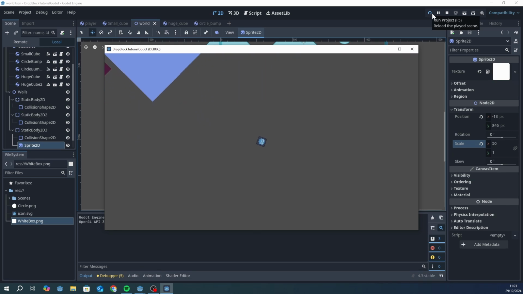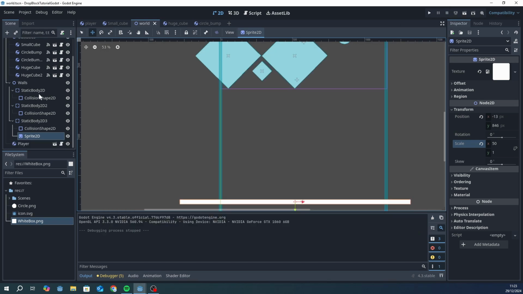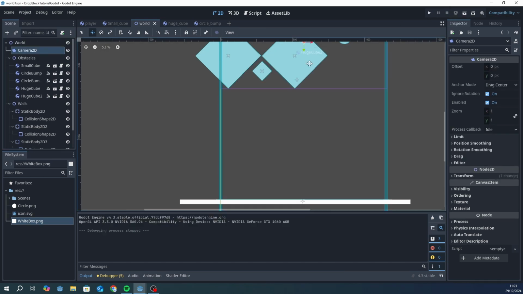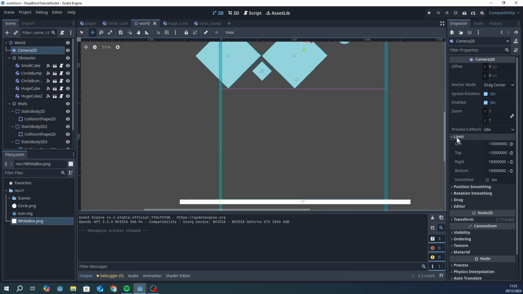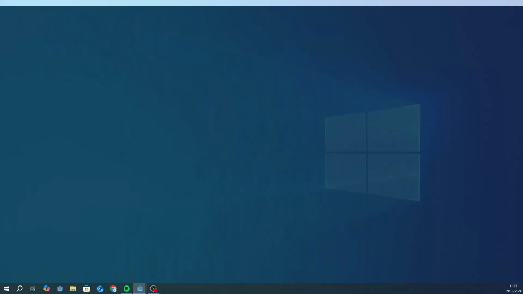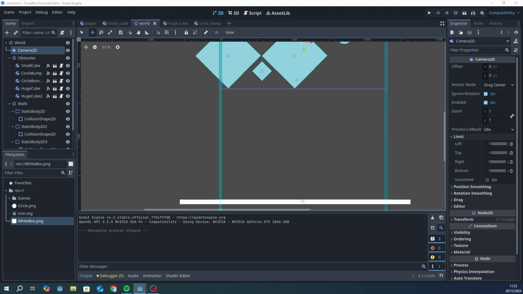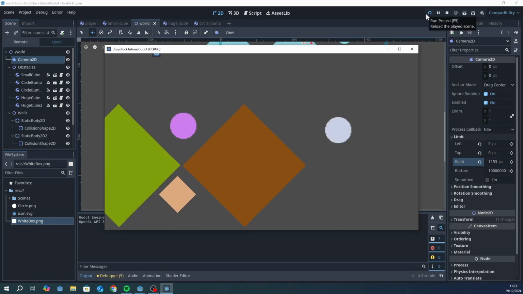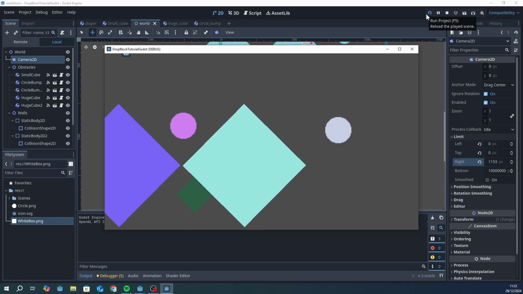I don't like the camera going to the left and to the right, so I'm gonna put some limit on the left and right of the camera. So here I'm gonna go with the camera and then put limit. On left it's gonna be 0, on top it's gonna be 0, on the right it's gonna be 1153, and bottom you can just go infinitely. And so now we're only seeing